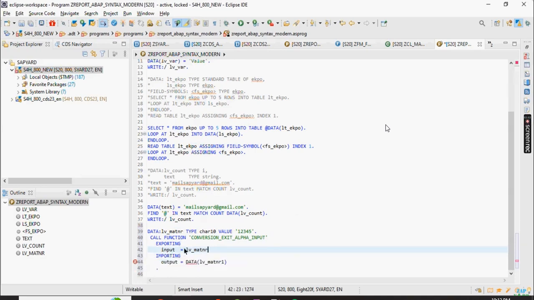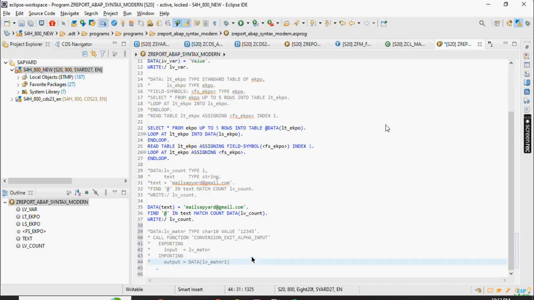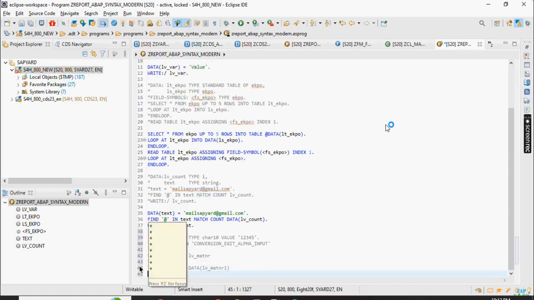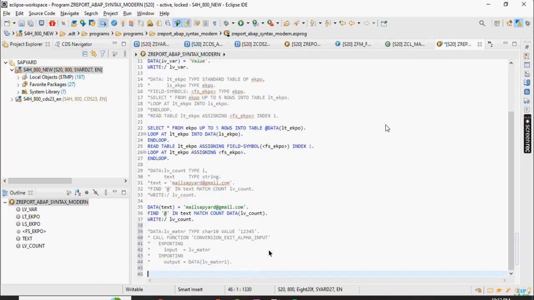Okay, where I was? So remember, inline declaration is not possible in your function module call. So how do you make use of a pattern to put the signature of a function module or a class here? You need to make use of Shift and Enter to put the entire signature. This is the beauty of your ADT. You also get an error showing that this is not possible here. So remember that inline declaration is not possible in your function module as of now. We don't know, SAP may come up with something in the future, but as of now, inline declaration is not possible. Okay, now let me,